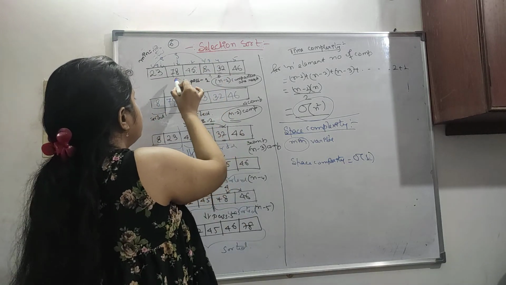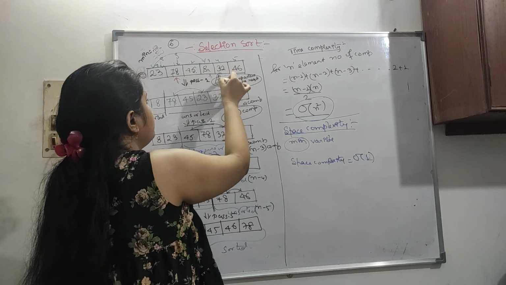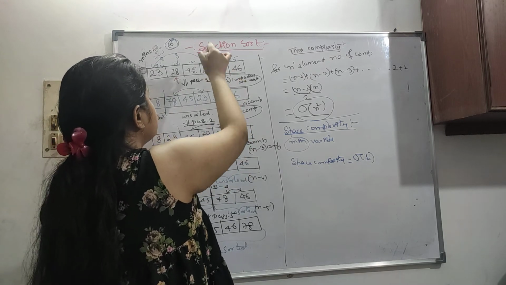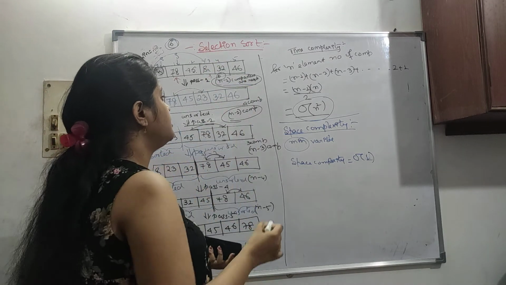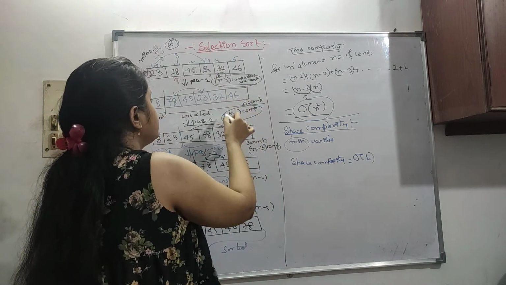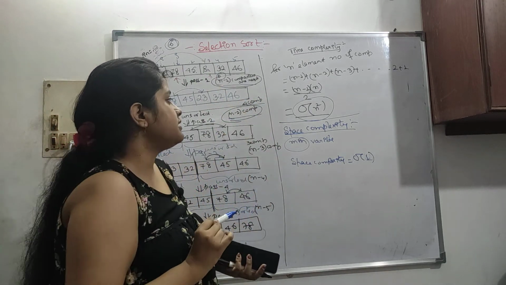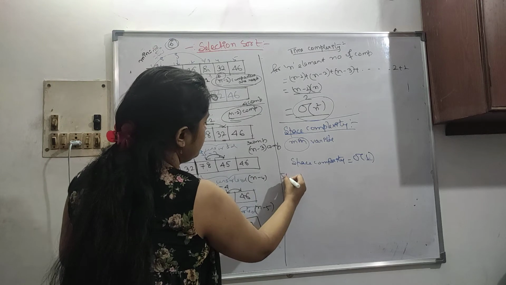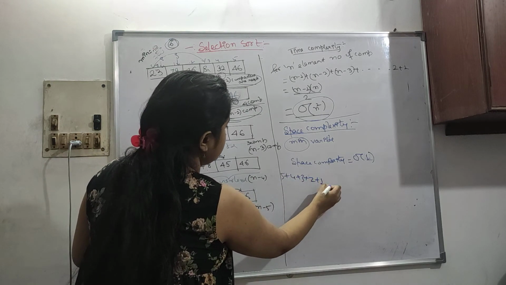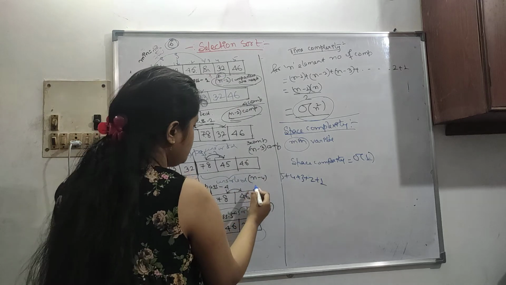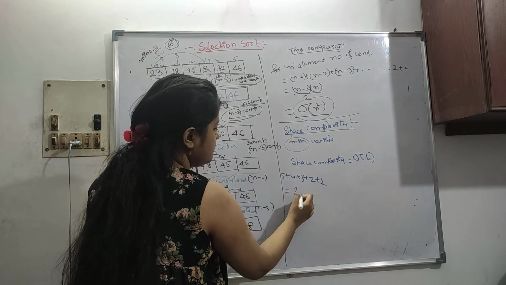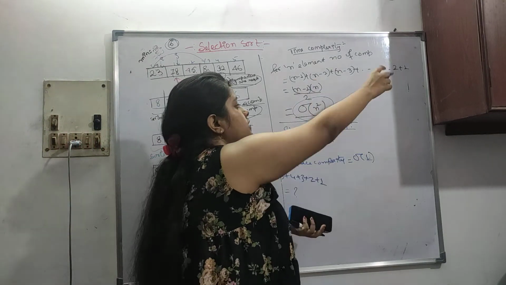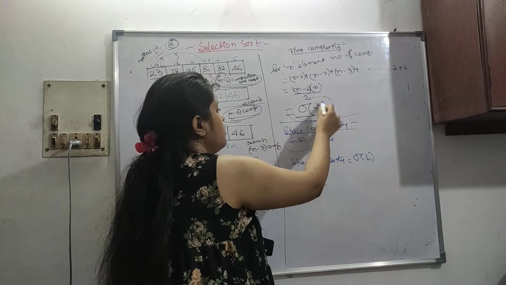So now how many comparisons are done? 1, 2, 3, 4 and 5. 5 comparisons are done. Total was 6. So 6 minus 1 is 5. So n minus 1 comparisons are required. Then 4 comparisons are required, and 6 minus 2 is 4. So n minus 2 comparisons are required. So like this, if we go on, it is 5 plus 4 plus 3 plus 2 plus 1 comparisons. Whichever was coming, that was its time complexity. Or in the general case, n minus 1 till 1 will go. So it will come down to order of n square.